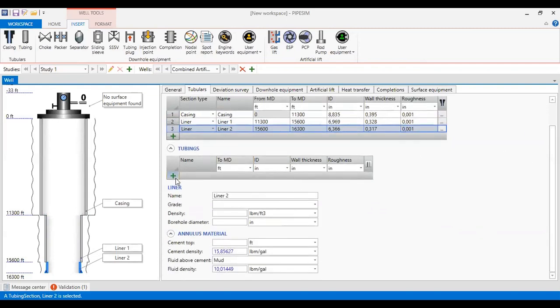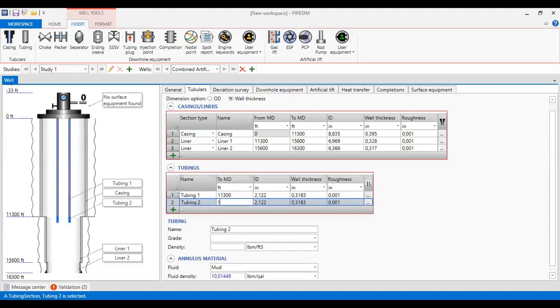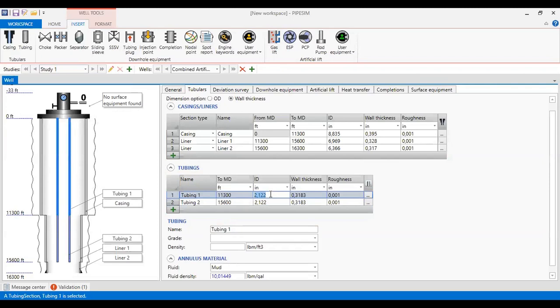And then I need to provide also for the tubing. I have two tubing. The first one, I call it tubing 1. And the second one, tubing 2. Okay. The first one down to 11,300. The second one down to the bottom of the tubing, 15,600.